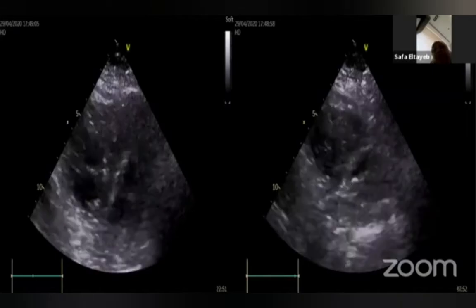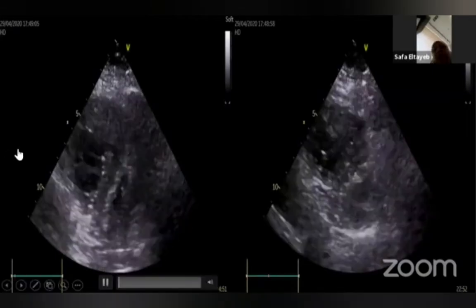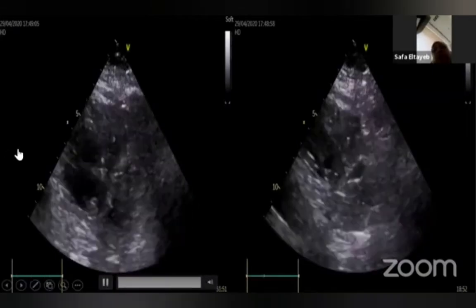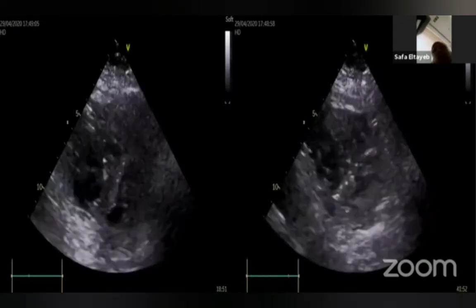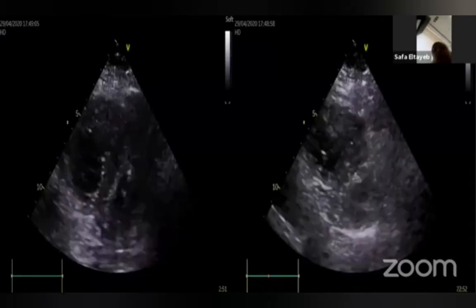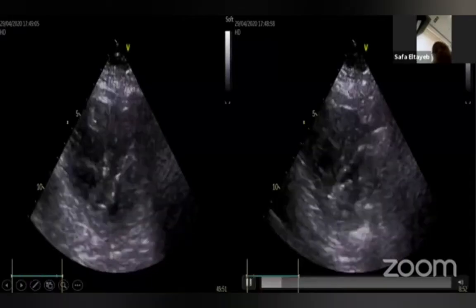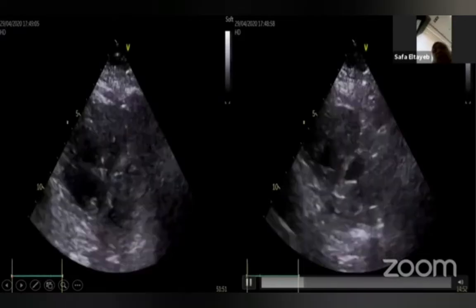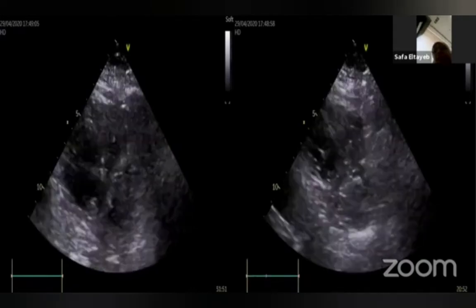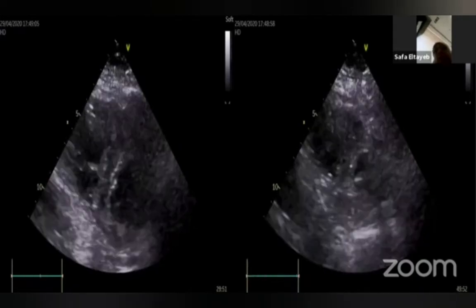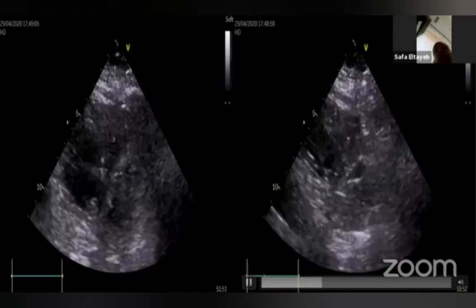Definitely, I would pick up the comments passed by my colleague, Dr. Abdullah, as whatever is happening initially, whatever the cause of the right side dilatation, with a secondary effect on her left side, probably I can see some degree of left ventricular hypertrophy. So whatever this hypertension is due to